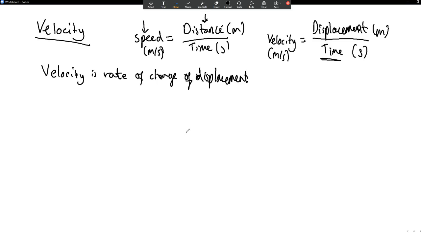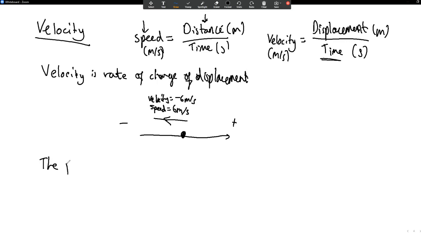So if you were going in this direction, at a speed of 6 meters per second, you'd have a velocity of minus 6 meters per second, because you're going in a negative direction. If this is the positive and that's the negative, like that. And one other important thing to note is